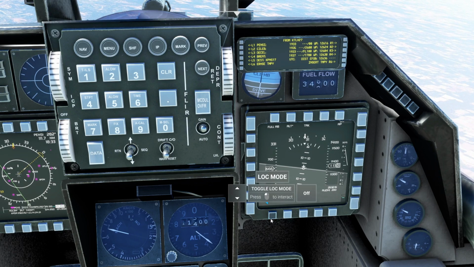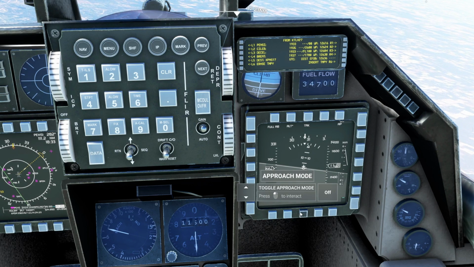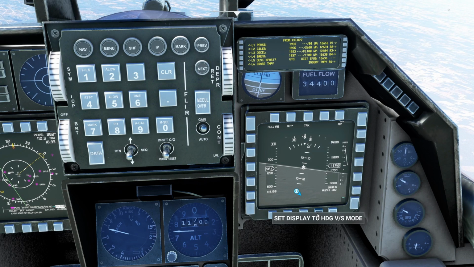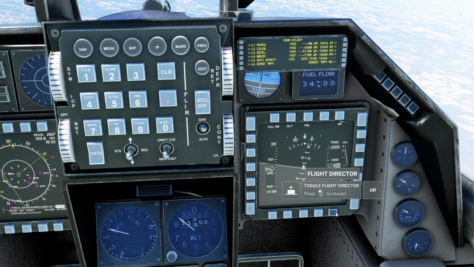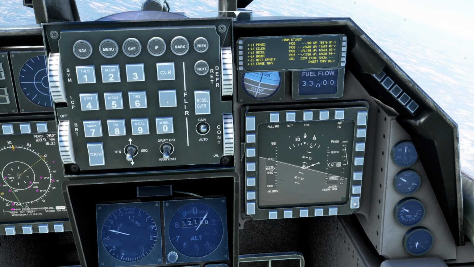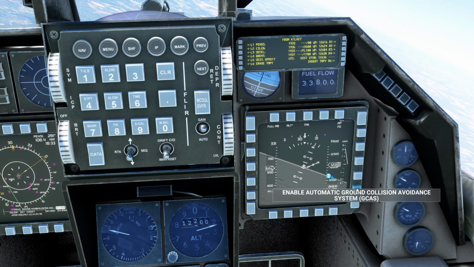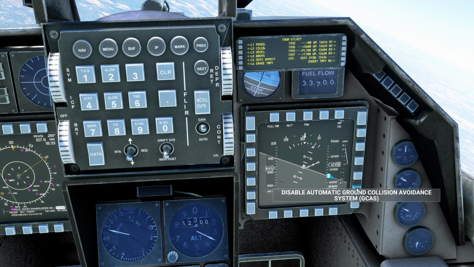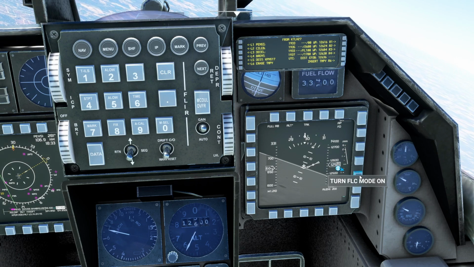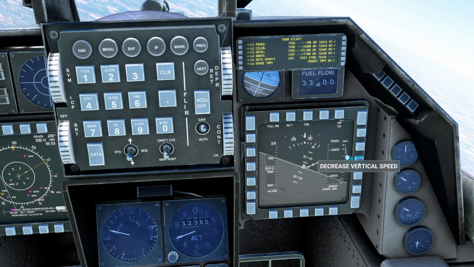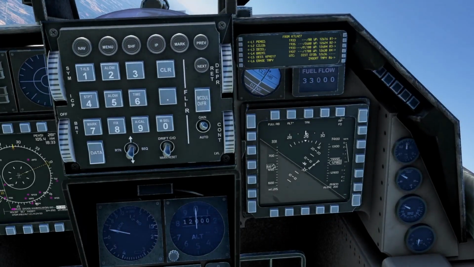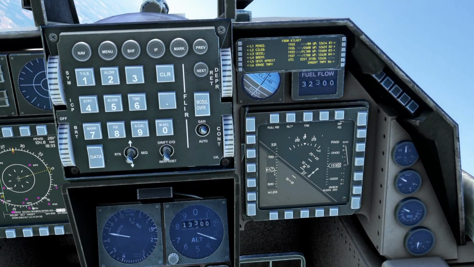Down here we got our localizer mode, approach mode, back course mode, set heading to VS mode. Don't worry about that. We can turn on flight director if we want to. And then over here, this doesn't work. We have enable automatic ground collision avoidance system. So GCAS, always good to have on. Turn on your FLC mode. All right, and then we have... I'm trying to stay kind of close to my course here before we get on that. But anyway,